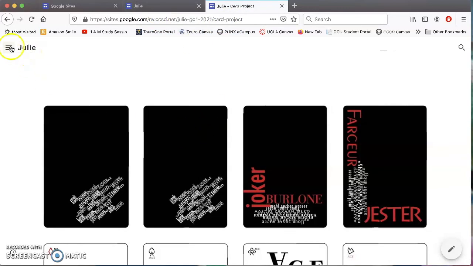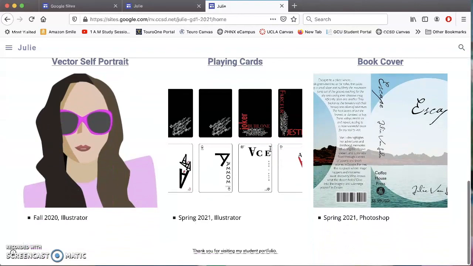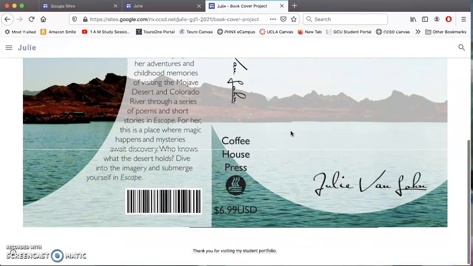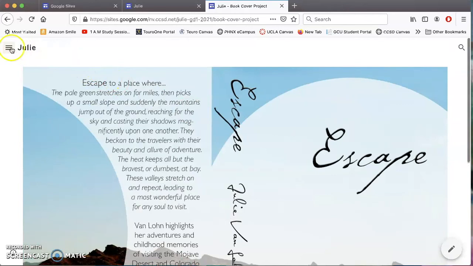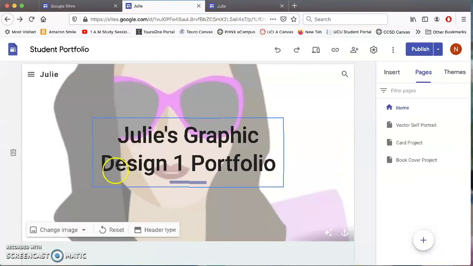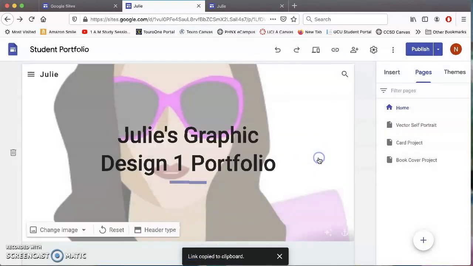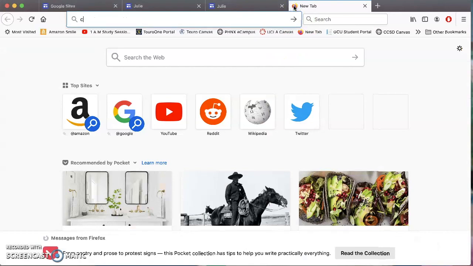Okay, and we can go back to the home page, and again, we've got 3 projects. Click on it, see the big version. Okay, now that's what I wanted to show you, was how to get the link. So again, when you're on the editing page, right here, the little picture that looks like a link, click that link, copy it, and then in Canvas,